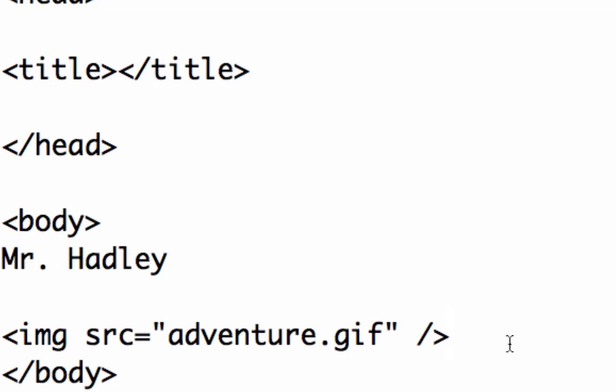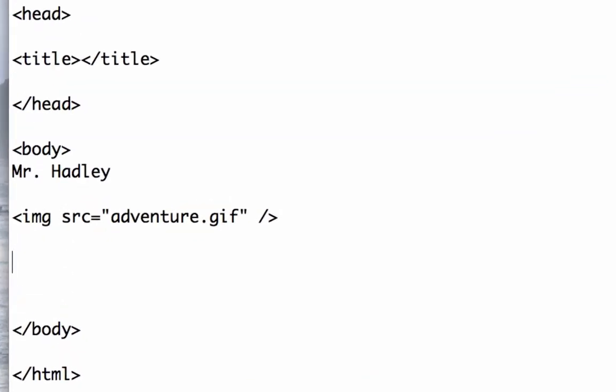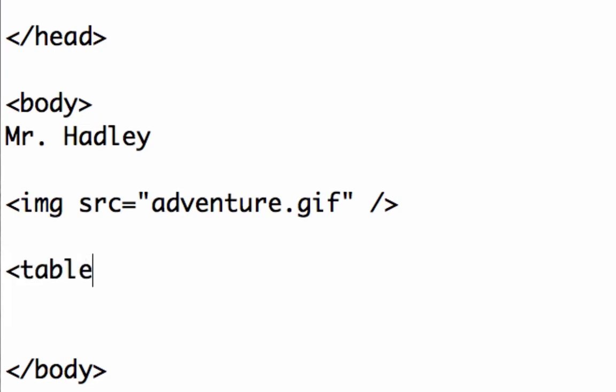There are four key parts to a table. There is the table tag, the TR tag, which stands for table row, the TD tag, which stands for table data, and there's the table header tag. So let's go ahead and get started. I'm going to create some space in my body here, and I'm going to create a table tag. I'm also going to create a table row, TD,